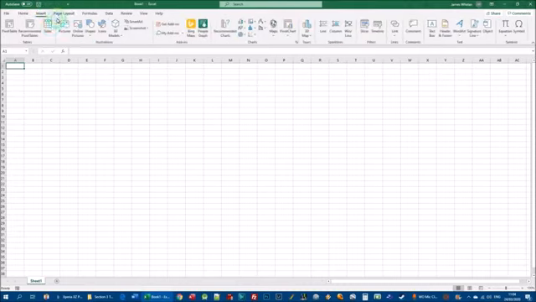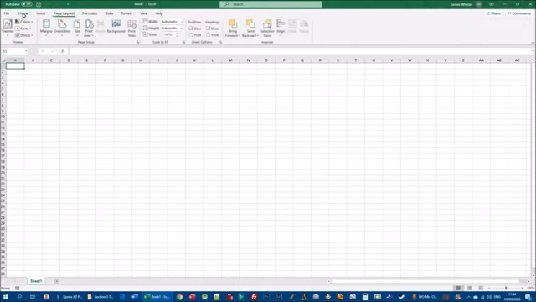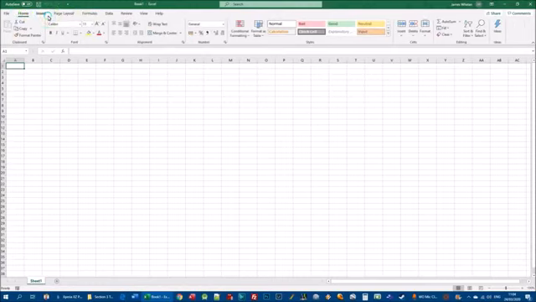And you'll notice that when you click on a tab, the contents of the ribbon toolbar changes to reflect the tab that you're on. The Home tab contains the most commonly used tools or functions that you'll use an awful lot of the time. So we're going to be spending an awful lot of our time on the Home tab. And we can see that we're on the Home tab because of the thick green border underneath the Home